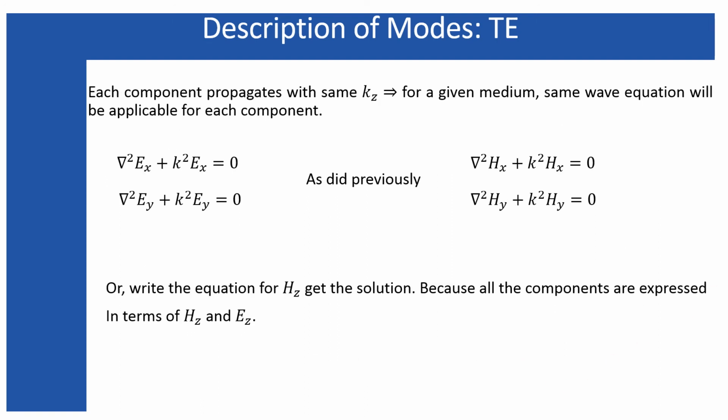Now the solution for the transverse components. You can easily find the solution for the transverse components by following the previous steps which I have followed. That means these equations you can write for each and every component. But the much easier and better way is to find the solution for Hz, since each and every component is right now defined in terms of Hz. So if you get the solution for Hz, directly use that solution to find the solution for all other components.